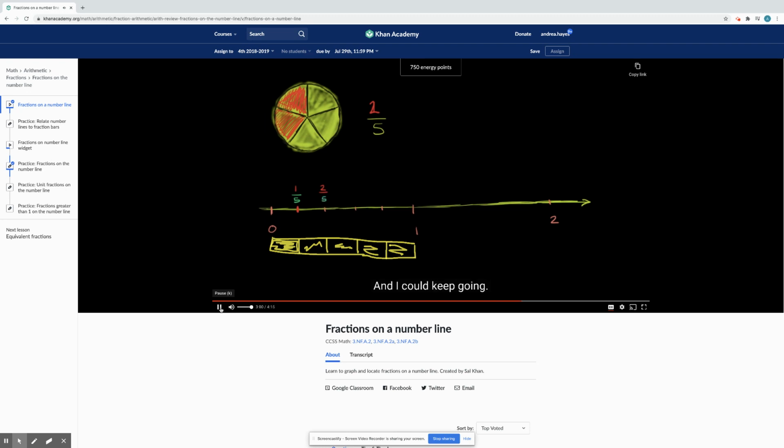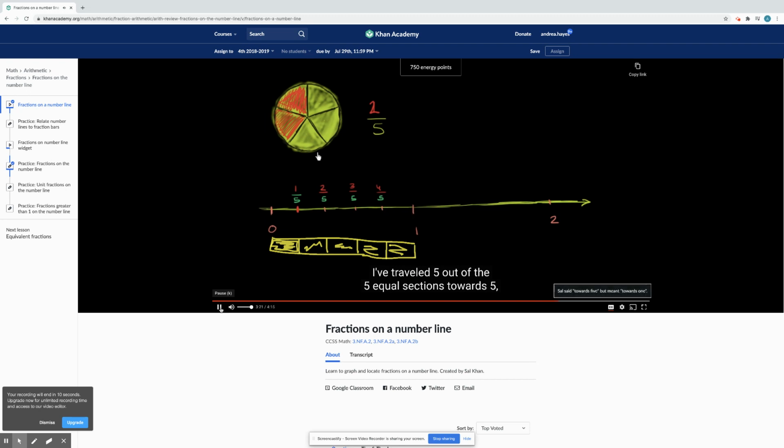And I could keep going. This right over here should be 3/5. This right over here, I've gone 1, 2, 3, 4 out of the 5 sections towards 1. So I could call this 4/5. And I could keep going. I've traveled 5 out of the 5 equal sections towards 1. Let me do that in red color. I could call this right over here 5/5. You might say,